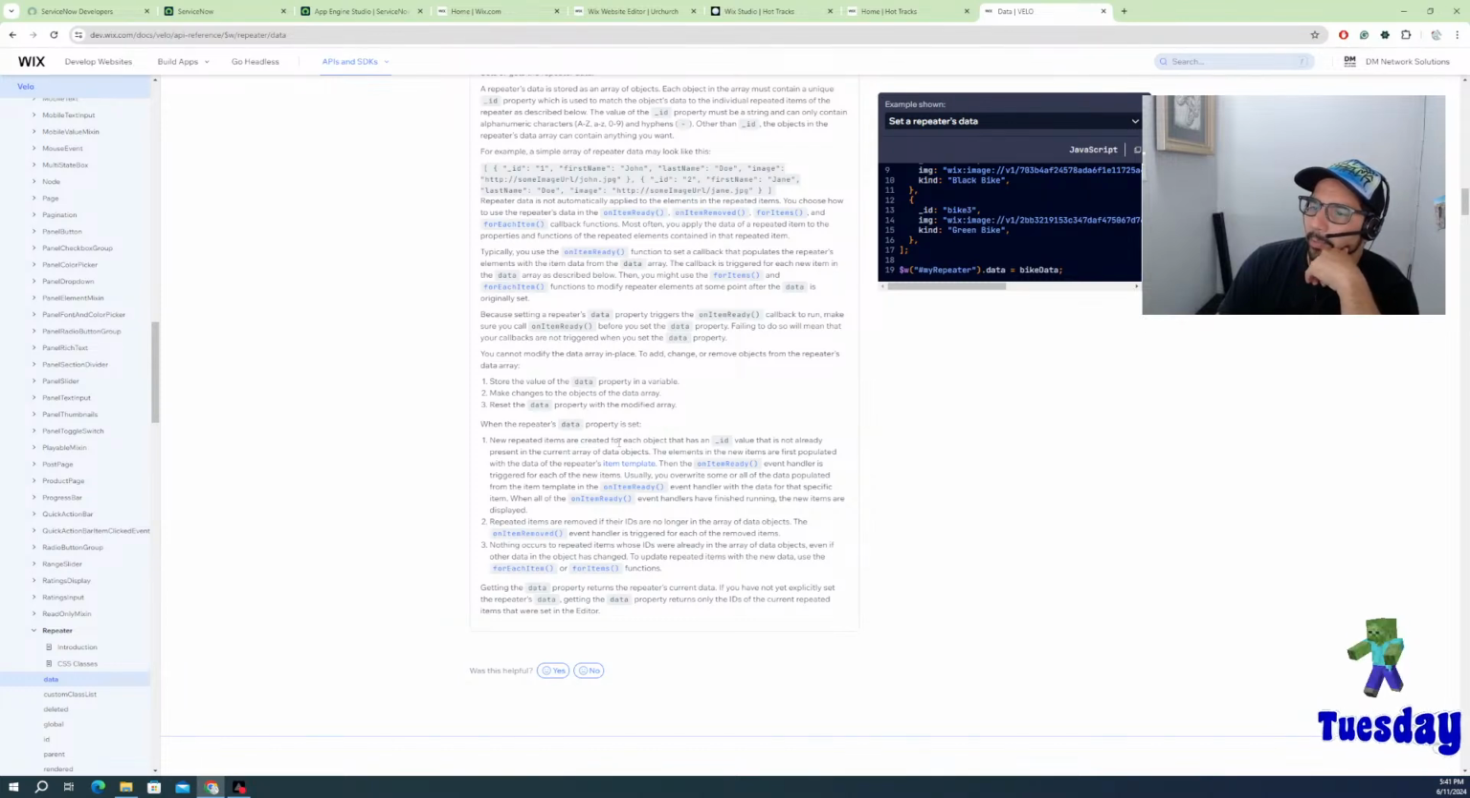When repeater data is properly set, new repeater items are created for each object that has an ID value that is not already present in the current array of data objects. The elements in the new item are first populated with the data of the repeater's item template. Then the item ready event handler is triggered for each of the new items. Usually you will overwrite some or all of the data populated from the item template in the item ready event handler